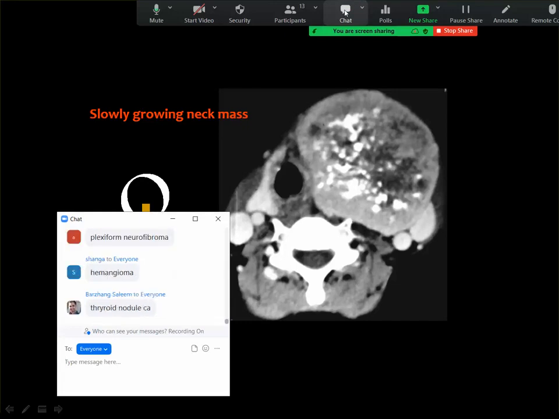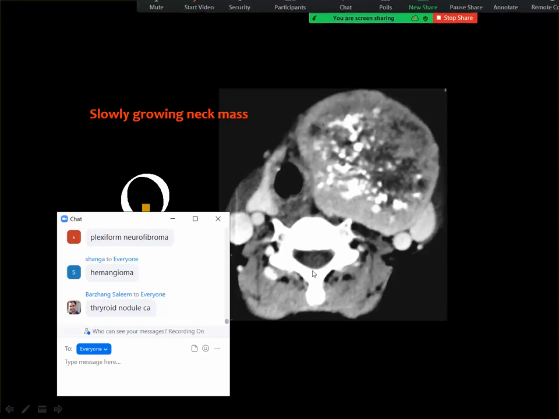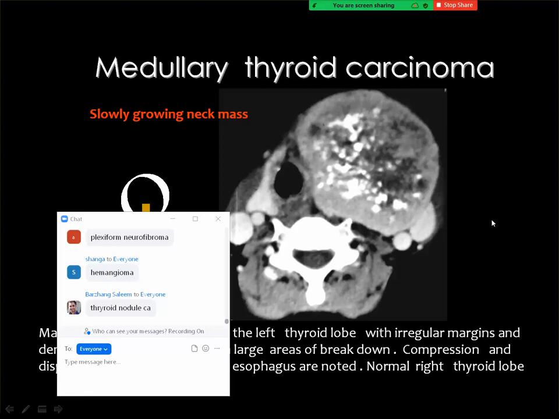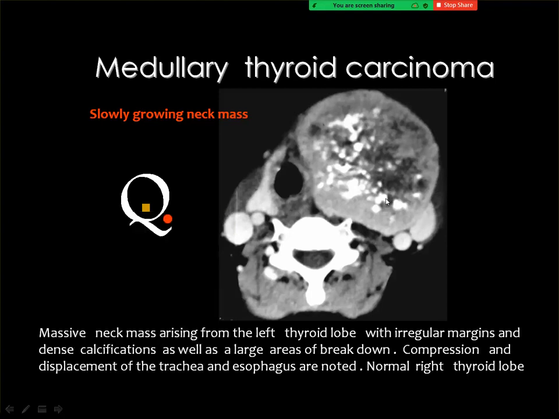Hemangioma or which thyroid carcinoma? Hemangioma, no, this is not the pattern of enhancement nor the calcification. This is a big mass in the left thyroid lobe, and it shows dense calcific foci as well as central areas of breakdown. And you should suspect in such cases, especially whenever the lesion is unilateral and is big, you